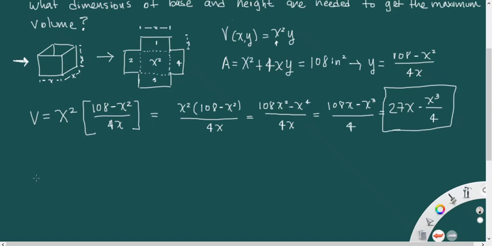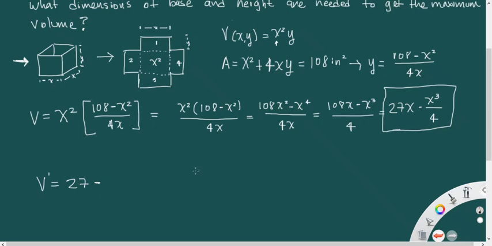So let's differentiate this expression. If we want to calculate V prime of x, the derivative of 27x is just 27